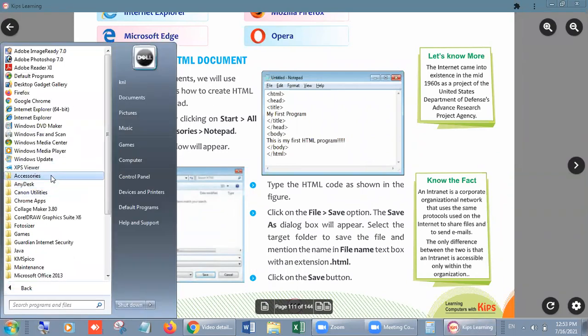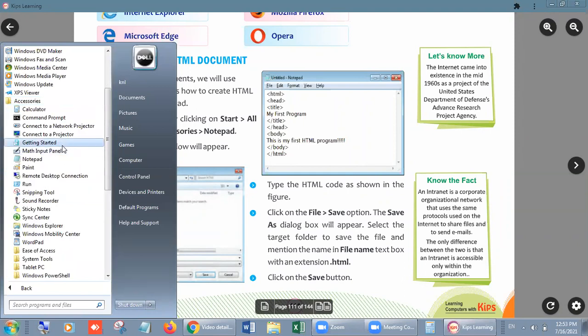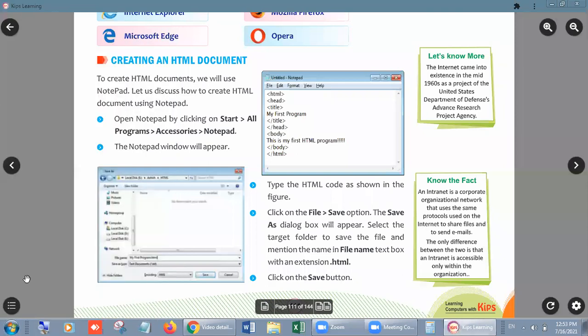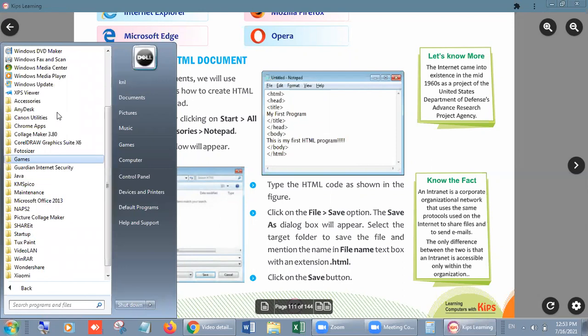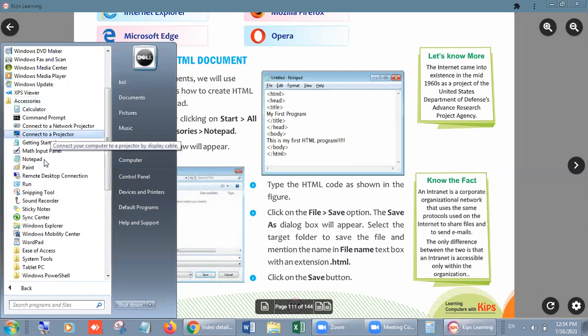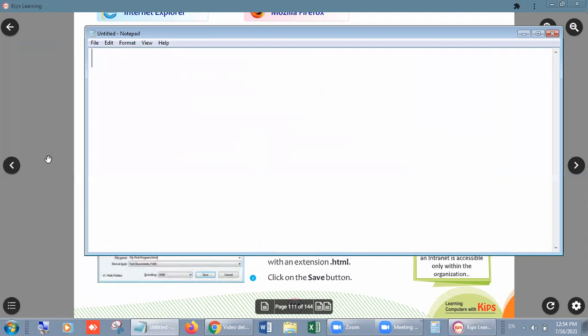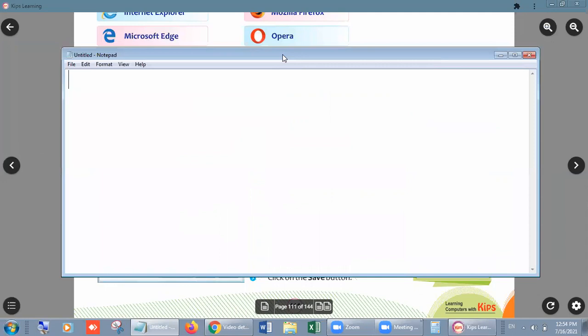After that, Accessories, and from there you can select Notepad. I am repeating, first of all, Start button, then All Programs. After that, Accessories, and from Accessories we have to choose Notepad. When you click on it, you will get this kind of window, and one cursor inside it.